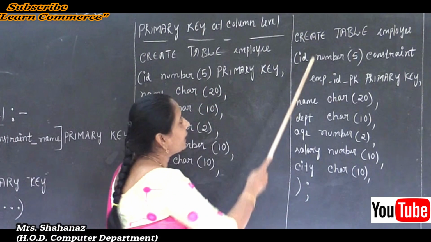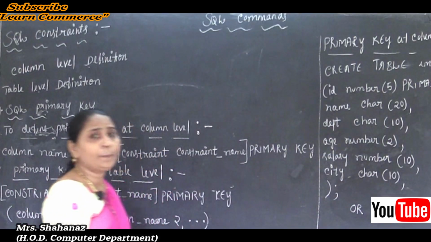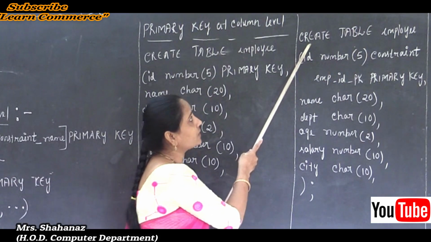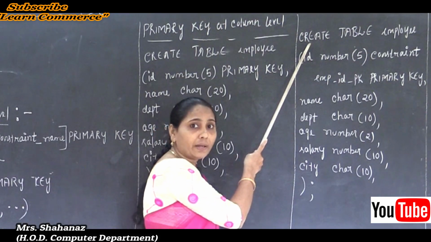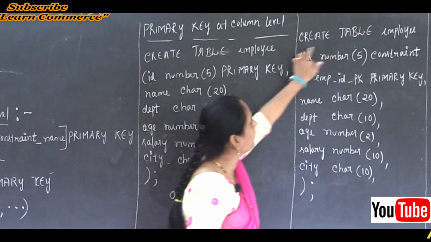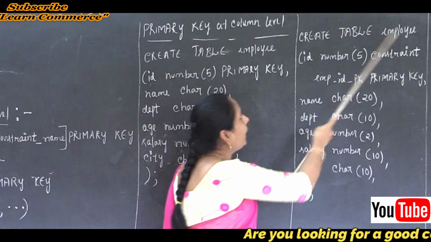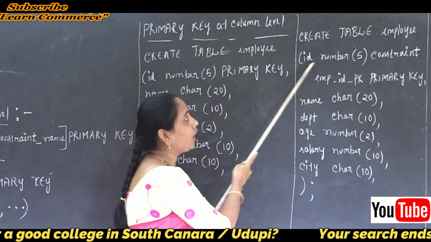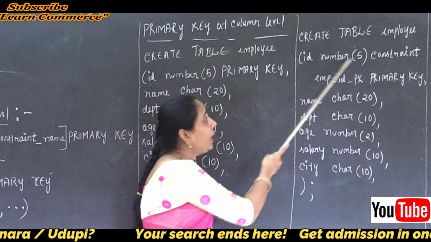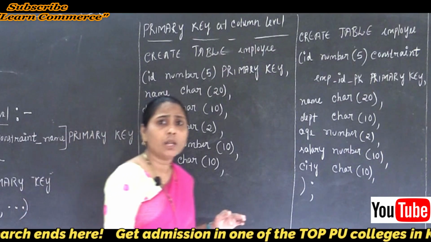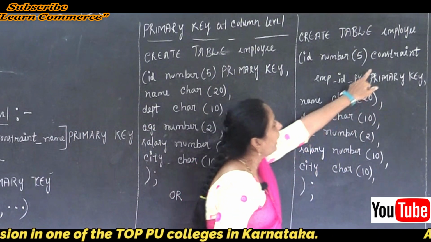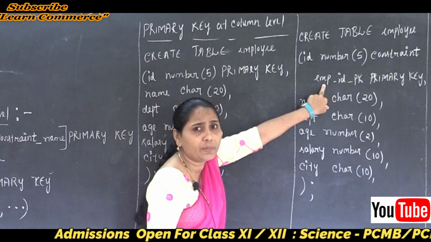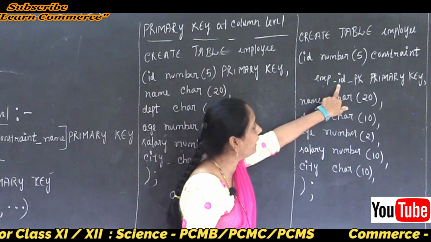Clear? And now the second example for our primary key, but by using the constraint underscore name. First of all I am going to start by using the syntax or the command, the create table command. So create table, and the table name is the employee, and next the opening parenthesis bracket, and ID is the name of the column, and we know that number is the data type, and 5 is the length, the size of the column. And next our constraint, the constraint underscore name, any name you can use. So simply I used EMP underscore ID underscore PK.